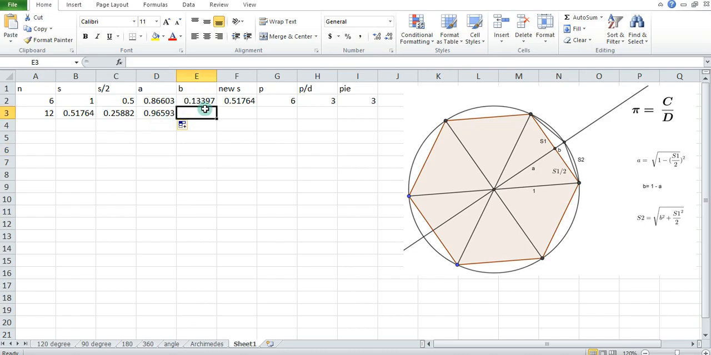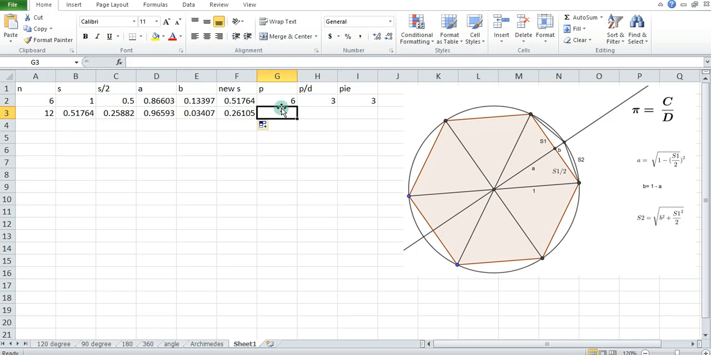and the B will also use the same formula as previous, and the new S, so we are going to find the new S for here 12 side, and the double will be 24 side polygon. The new S for 24 side polygon is 0.26. You can see here the value is decreasing. Value should be decreased,